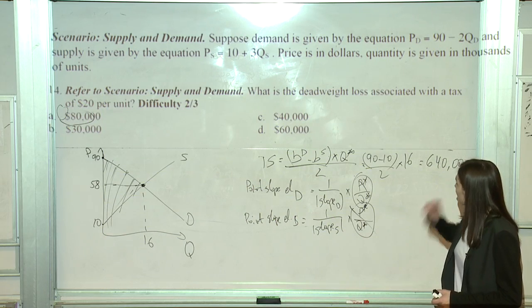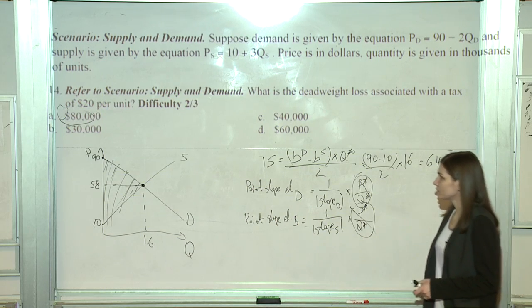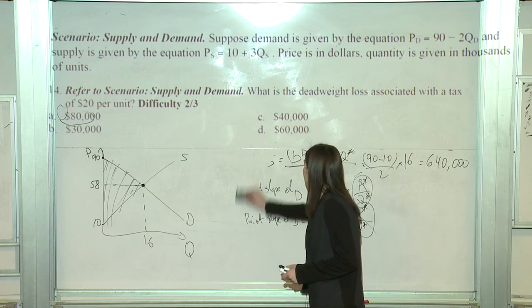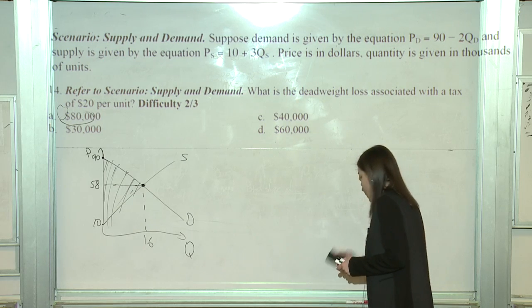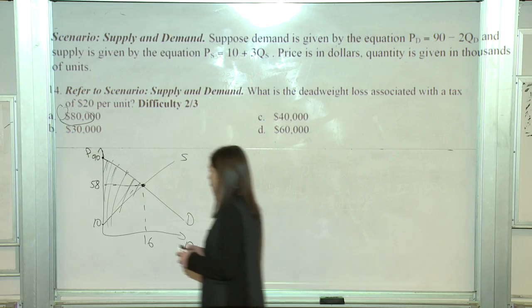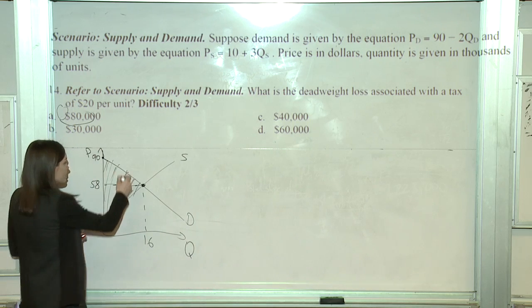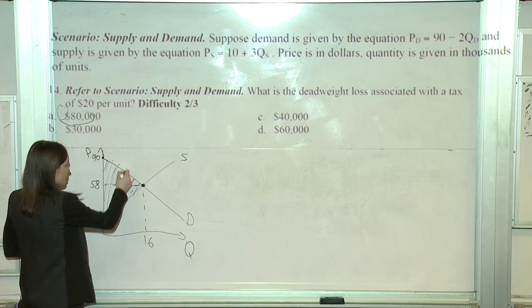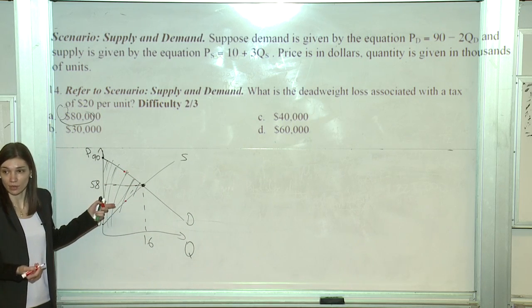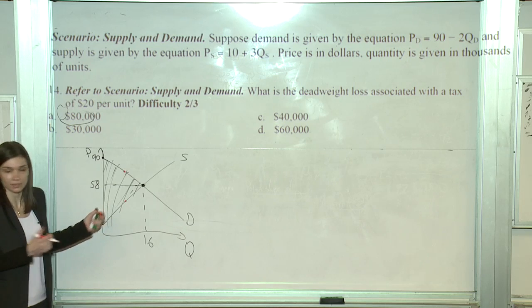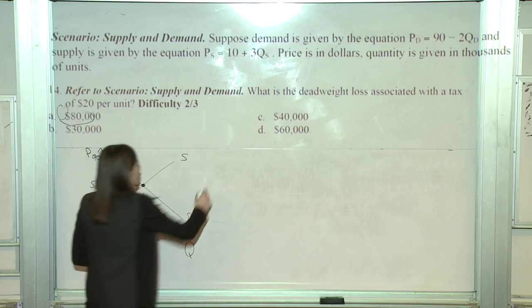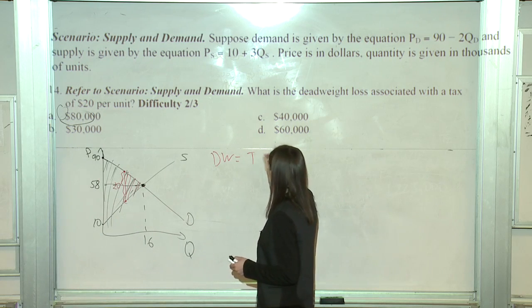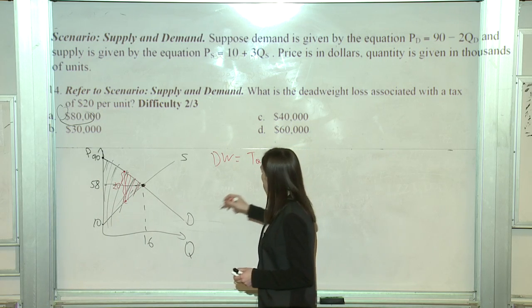Next question. What is the deadweight loss associated with a tax of $20 per unit? All right, so what we know about the deadweight loss? We know that for any tax, it's going to be true that the price buyers pay and the price suppliers receive, the difference between those two would be the amount of the tax. Okay, so this here would be 20. And then to find the deadweight loss, which is this region,